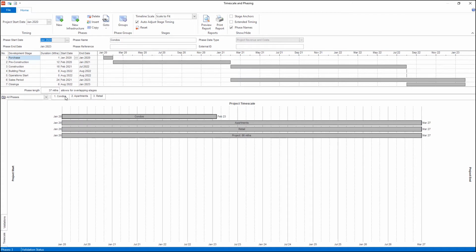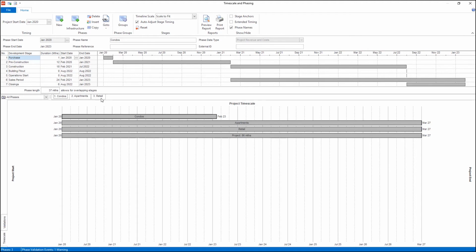So some projects may only have one phase. Let's say that we're just building condos and I have one condos phase. That would be perfect. And I have 7 different stages that I can go in and get a little bit more detailed in and specify the duration of each one of these stages. Or maybe my project has 3 phases or 10 phases. I can really add in as many as I need for each project, and I can navigate to each one of the phases and see the stages within it.